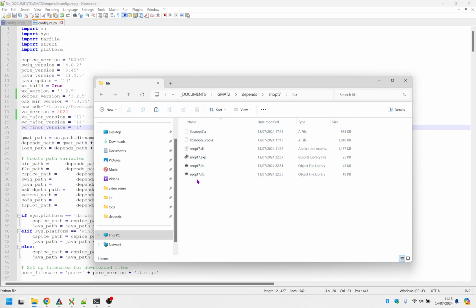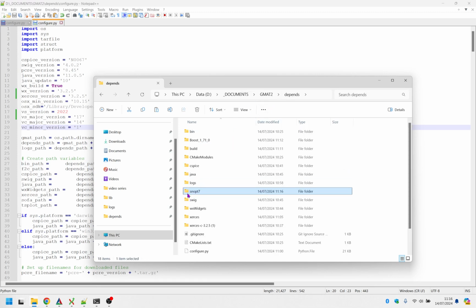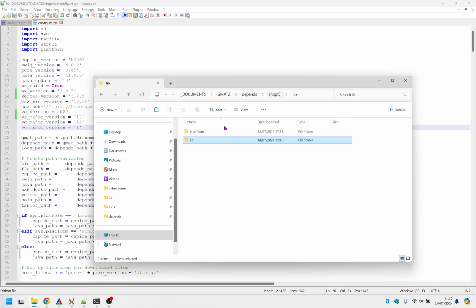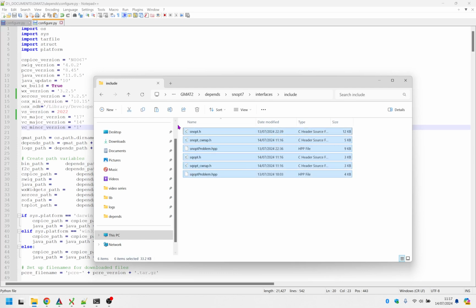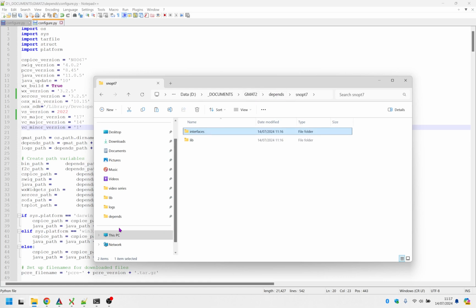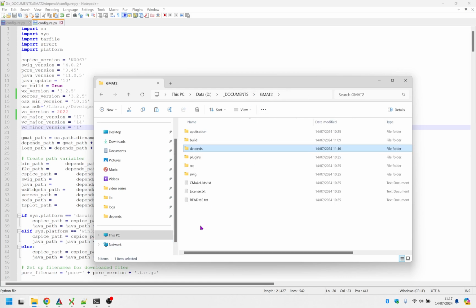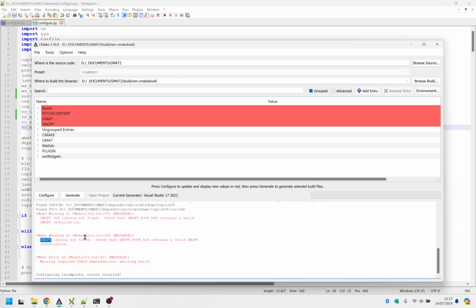So you'll find them in those downloads that you got from the university. So put the lib files that you get and the .a files in here and the DLL in here. So depends, snopt7, lib, and then interfaces include, put the different H files and H++ files in here,